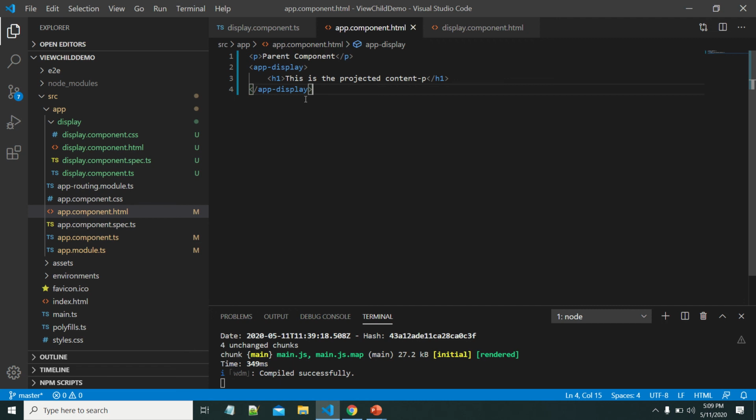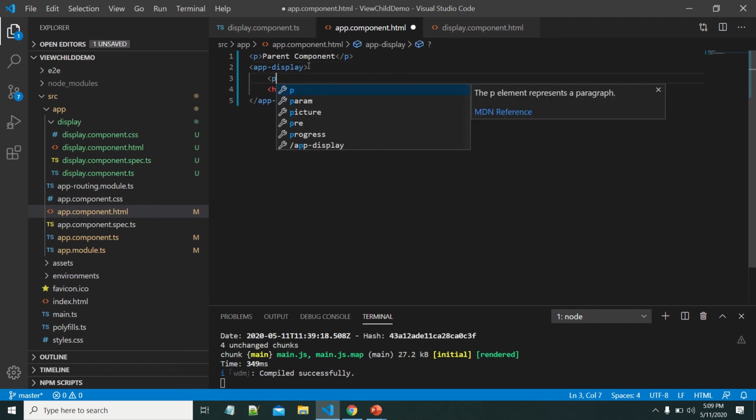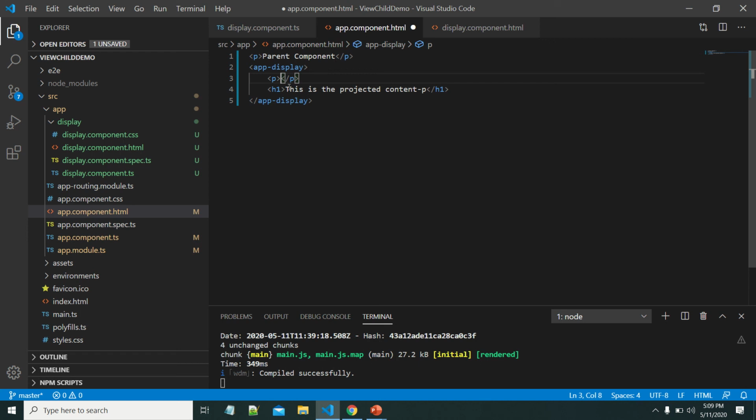Suppose you want to display multiple content here. Let me copy this.